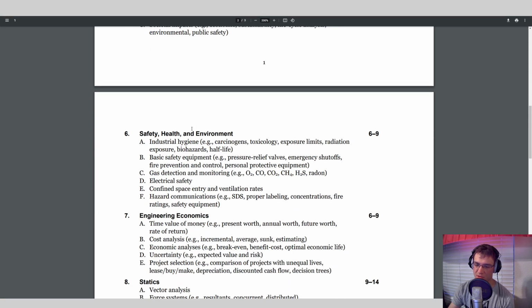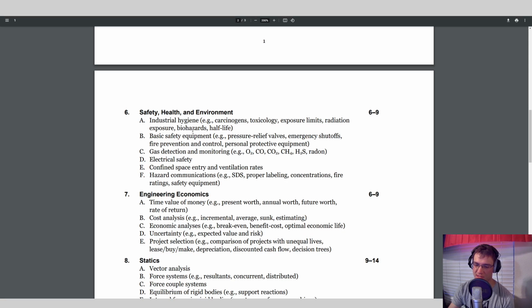Health and safety, industrial hygiene, safety equipment, gas detection, electrical safety, confined space. These were kind of sprinkled into all of the different kinds of labs that I did. I didn't have one course that was specifically tied to health and safety, but it was always kind of an element